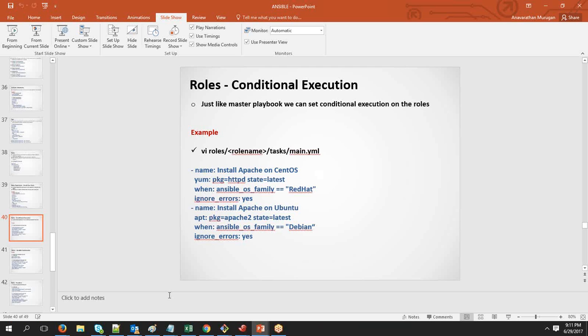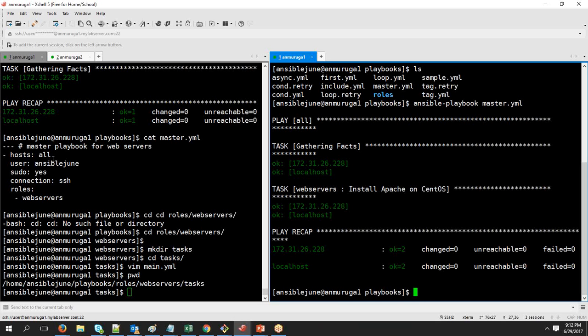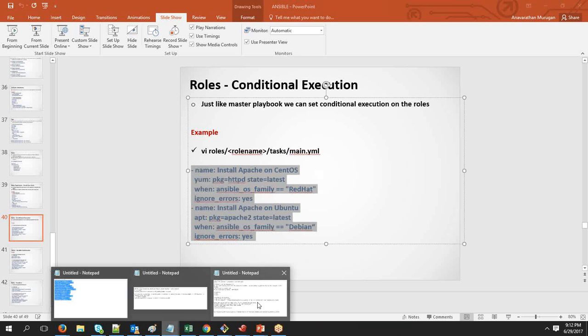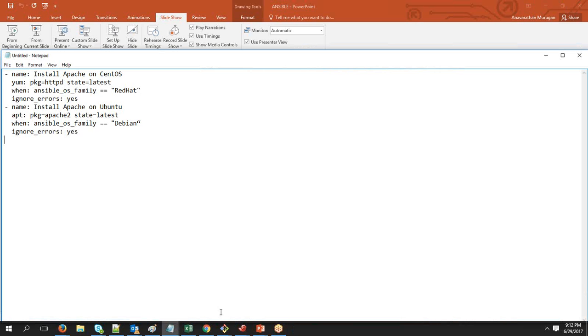Suppose I want to add one more task. Whatever concepts we have seen so far, like condition, looping, everything can be done here. The only difference is, rather than defining it directly in the playbook, we are splitting it out as a role, and inside that you define it specifically under the tasks folder. Okay, so now for example, if I want to give a condition like what we did last time, the only thing that I have to do is